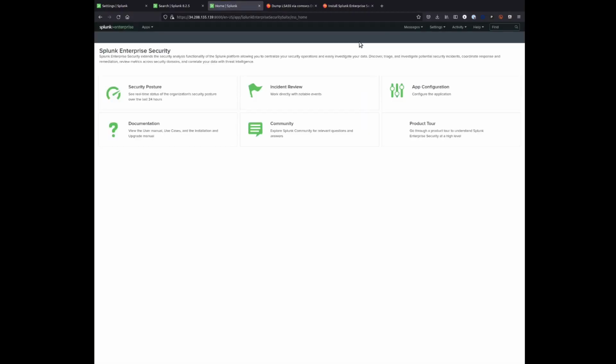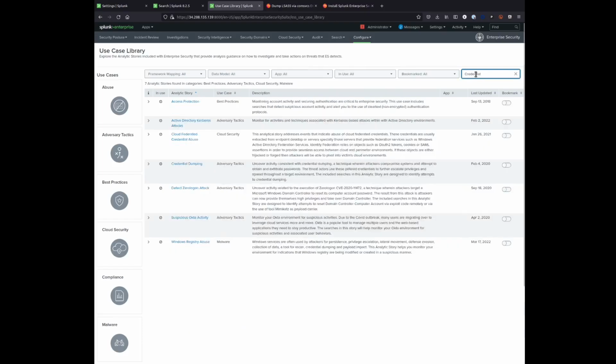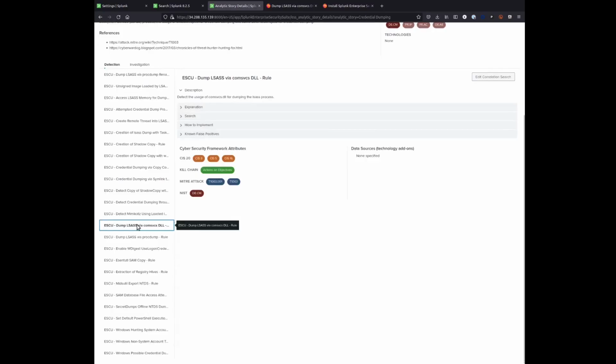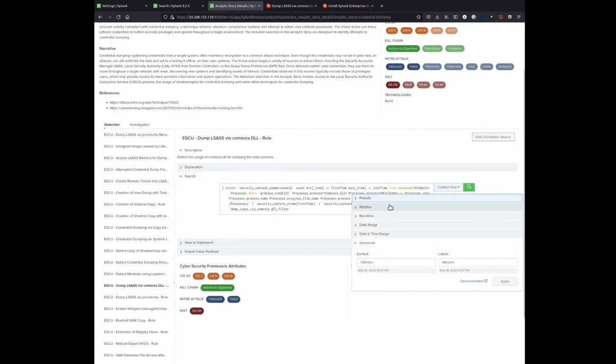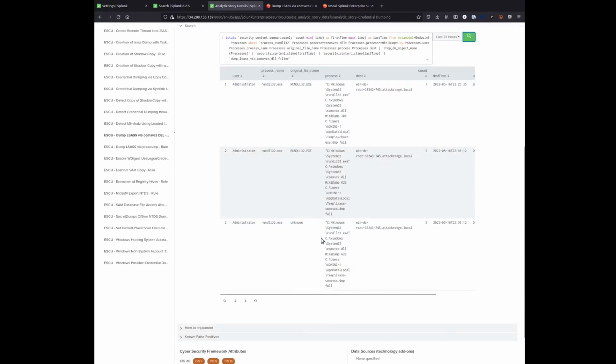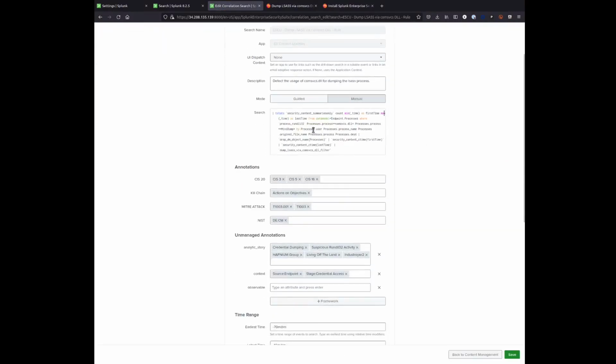So we go into configure, content, the use case library. We're going to find, again, our credential dumping analytic story here. Find the right detection. This is our search. Again, you confirm it quickly works by running it the last 24 hours. Perfect, same results. If you click here on edit correlation, a SOC engineer can easily configure not only the search